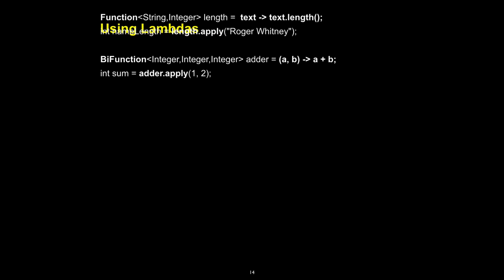Here it's a by function. Why? Well, because it has two arguments, which means I need argument type, return type, and then I need to assign it a lambda, which has two arguments, and then returns a single int. So things become slightly more complicated in Java because now we're specifying, is it a function, a by function,